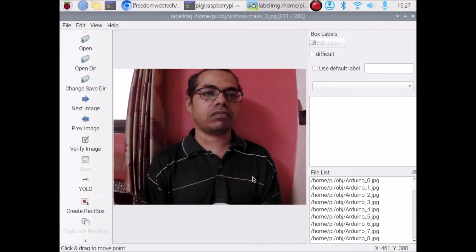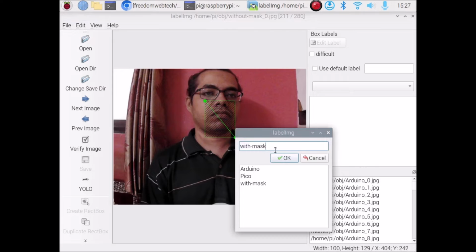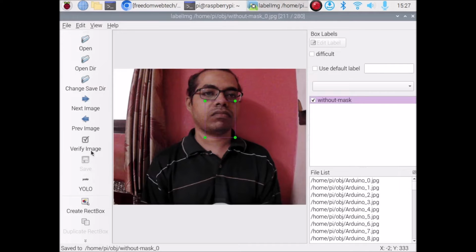Okay, so friends, we have done with mask images. Now we are going to draw a rectangle box on our without mask images. So create rectangle box and we are going to make it this way, without mask. So here we are going to mention without mask. Okay, click on OK, save, next image, create rectangle box,